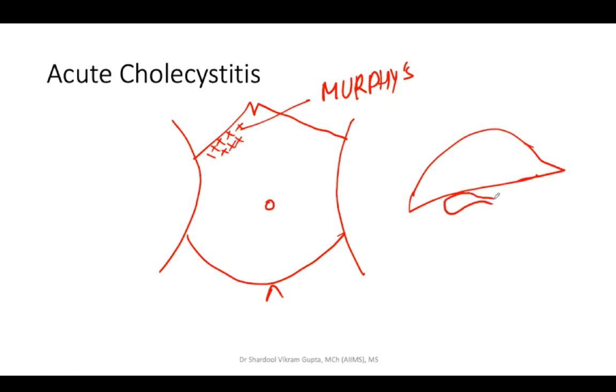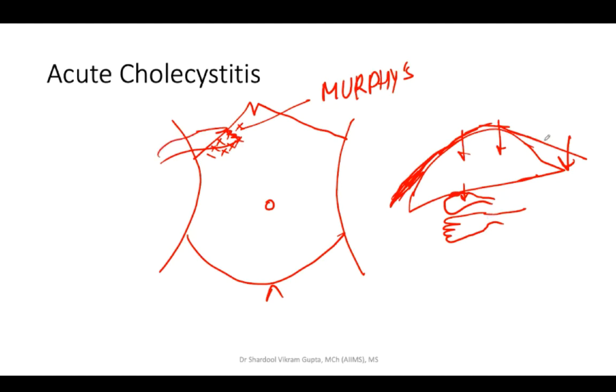So let's discuss the anatomy of the liver as well as the gallbladder. The gallbladder, as you know, occupies the lower surface of the liver, and the liver is connected with the diaphragm. The diaphragm will move with respiration, so does the liver, and it will also move the gallbladder. So if you keep an examining hand on the inflamed gallbladder and ask the patient to inspire and expire, on inspiration the gallbladder as well as the liver will come down and strike your hand, and the patient will have severe pain. So what will the body do? The body will try to protect it and cause a catch in the breath.